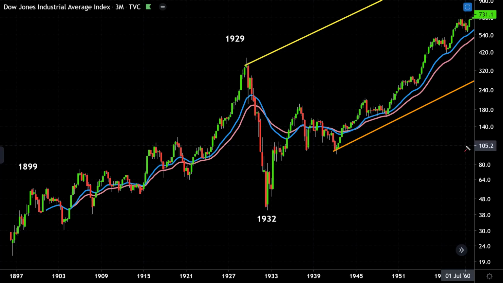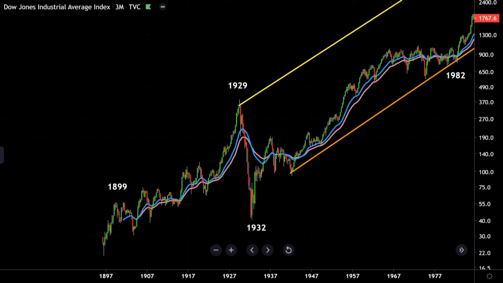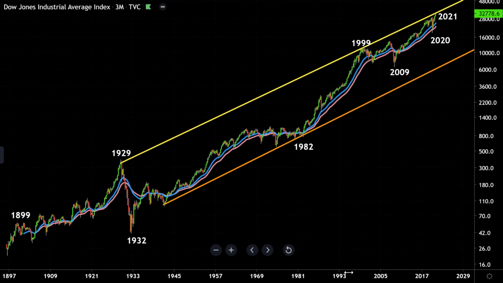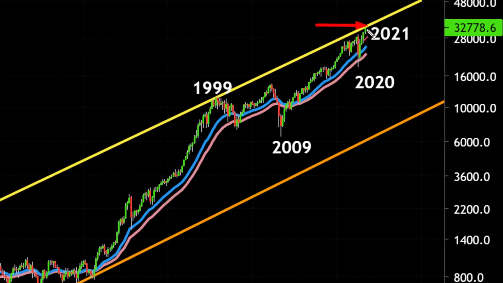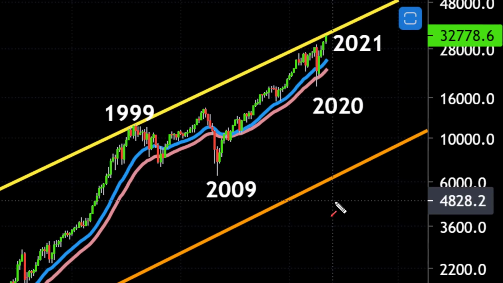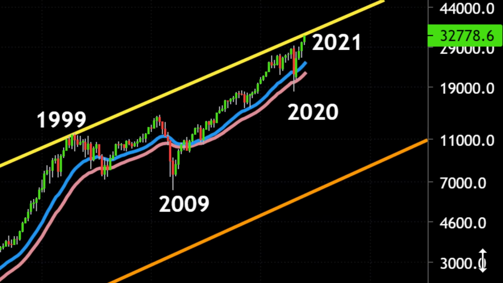But in any case, the bottom line is that some analysts, some chartists, are saying that we could experience something like that after the Dow reaches that trend line and gets rejected from it. So we're not far away, okay? We're not far away. And again, the odds are, according to these chartists, that we could start a major bear market on par with 1929.